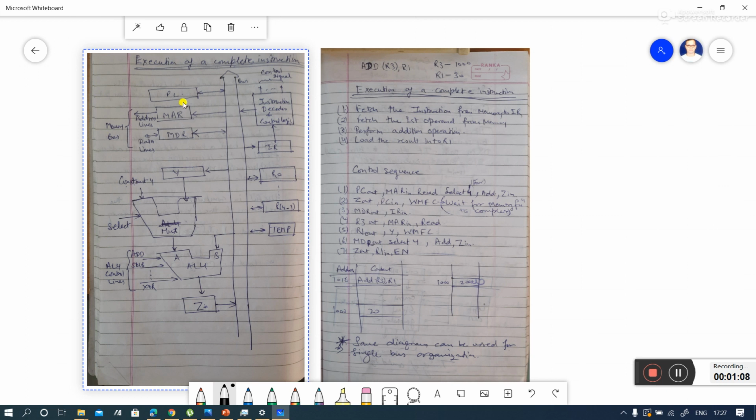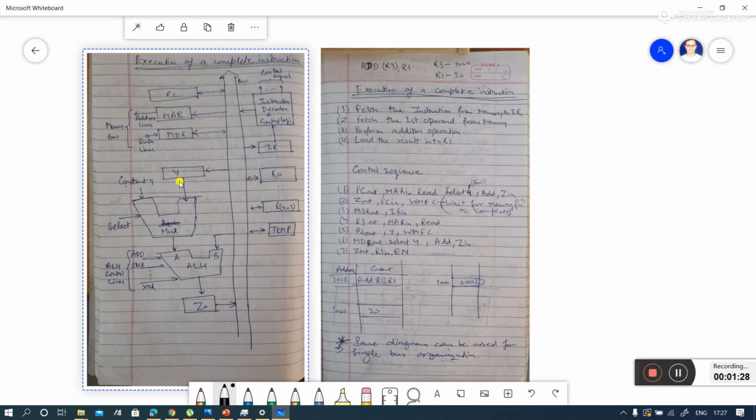I would suggest that you try to make it yourself using a copy and pen. There is a program counter. PC is for program counter, MAR is for memory address register, and MDR is for memory data register.